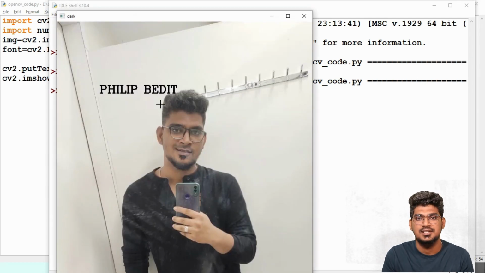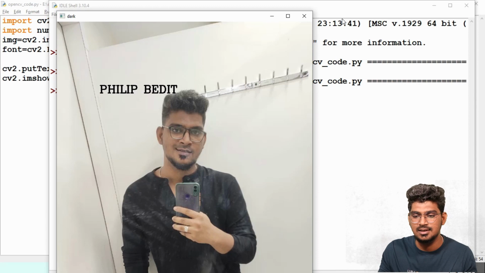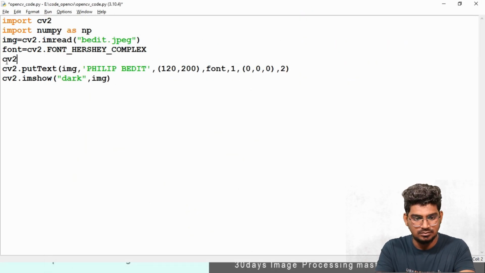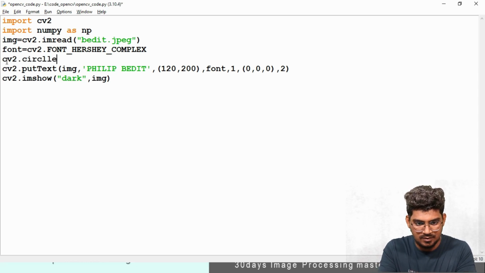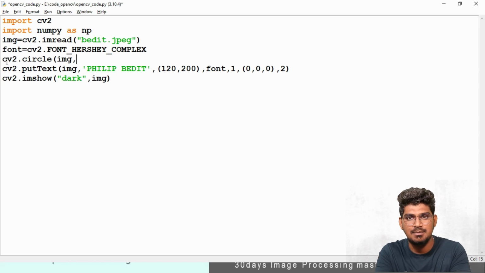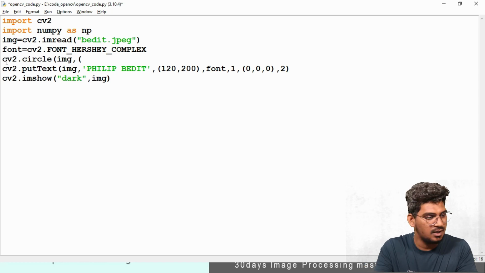See, Philip edit. If you want to add a circle, just a minute. So cv2.circle of image, the same thing will happen. So this is the example for adding to the image. I'm using only the black solid channel here. Now I'm going to use my image to add the shape on that. Okay, right, going to enter. Yes,